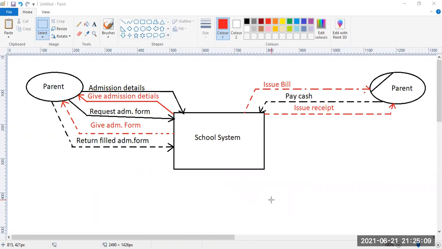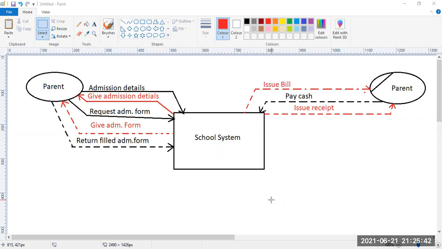Now, I will give you a small homework for this. Same school system: the appointment of a teacher. That means a teacher is sending the application and CV to the school, and the school is calling for an interview, and like that.